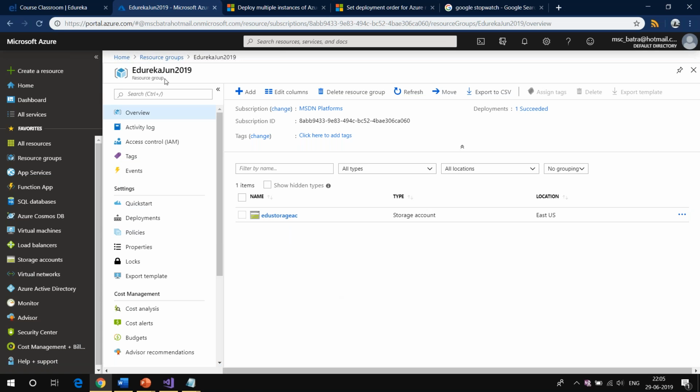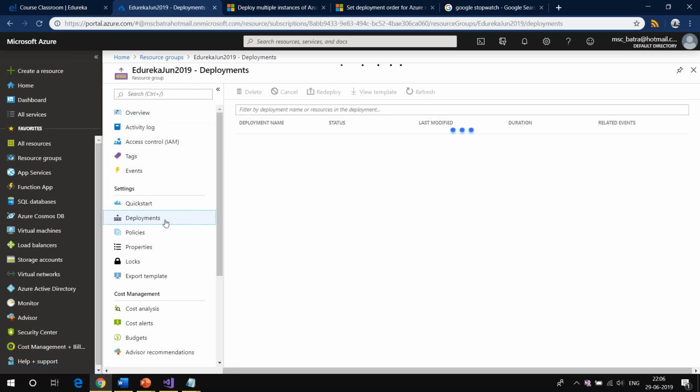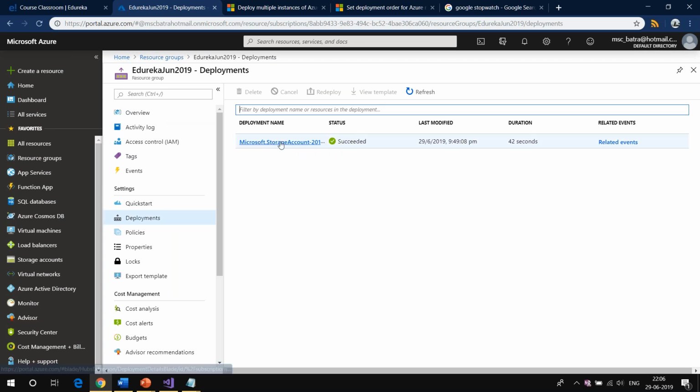So in the resource group, you can go to something called deployments. Just be careful. In the resource group, you can go to deployments, and whatever deployments you have done in that resource group will be available here. If I do 10 deployments in this resource group, everything will show up here. So in your office environment, you cannot simply deploy and remove something and you're done. Everything will get logged into the deployment section.